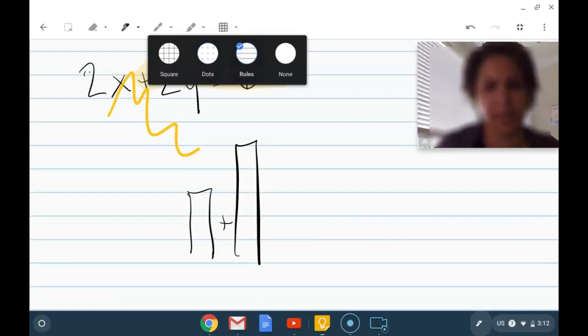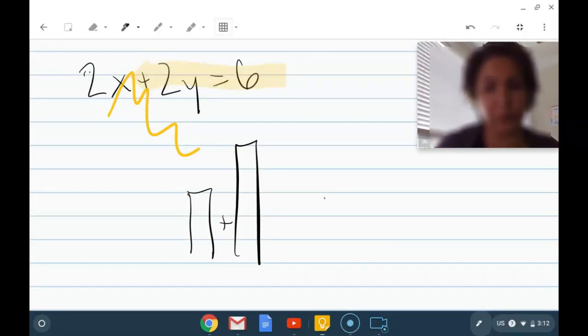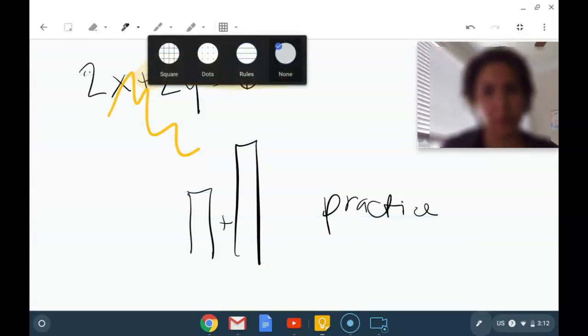You can use it as ruled paper to practice penmanship. Who does that? Or you could have no background. So those are your options on the notes. That's included in